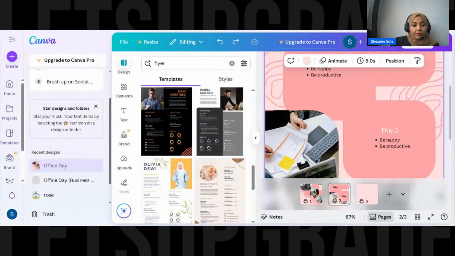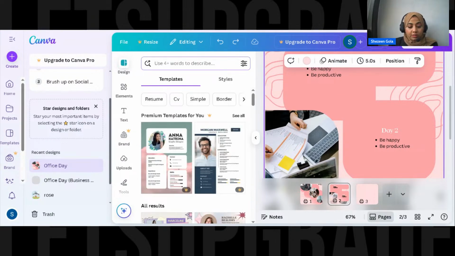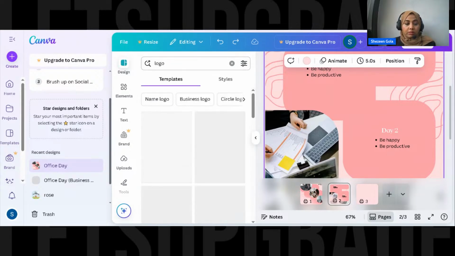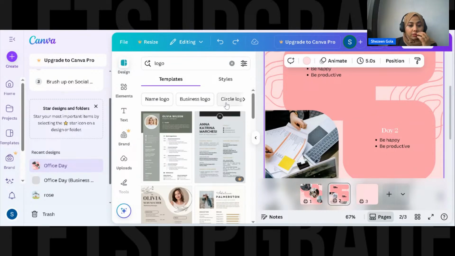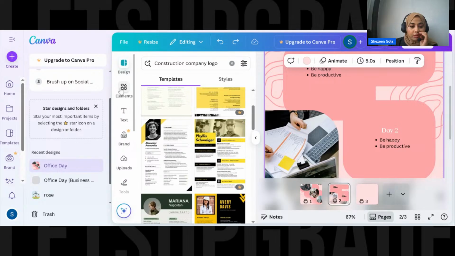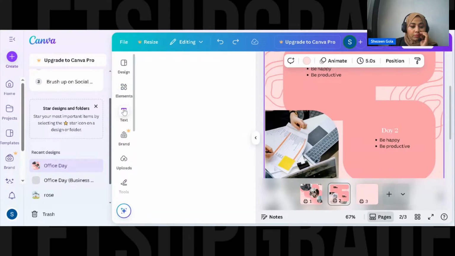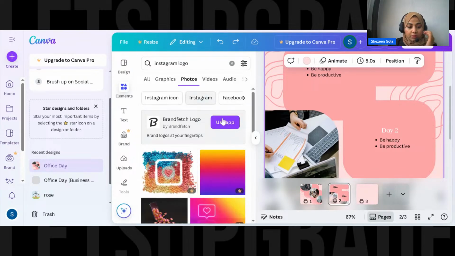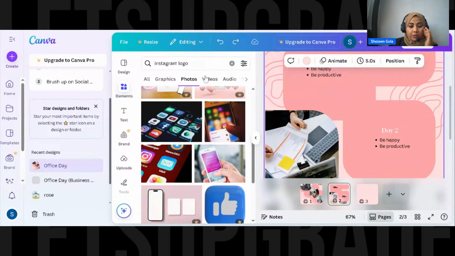And generally, if you really want to search for something, you can just type it here, like logo. So business logo. So in elements only you will get logos. See this? All these logos which you will get here.